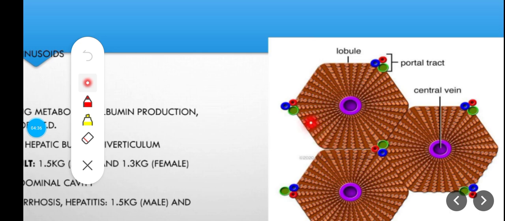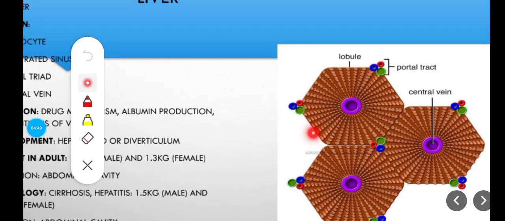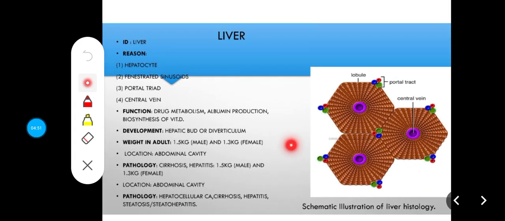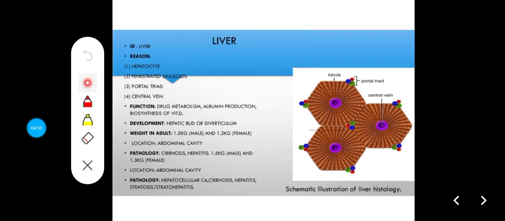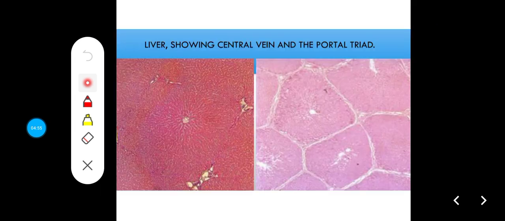So you can also appreciate the hexagonal outline here. And then this one too. See that? And then you can also appreciate the central vein, which is prominent. So that is it for the liver. So let's look at other slides of the liver. So look at this one too. You can also appreciate the